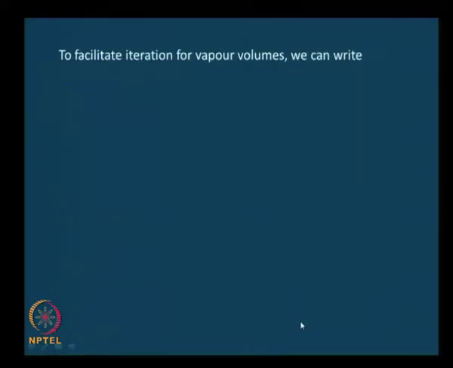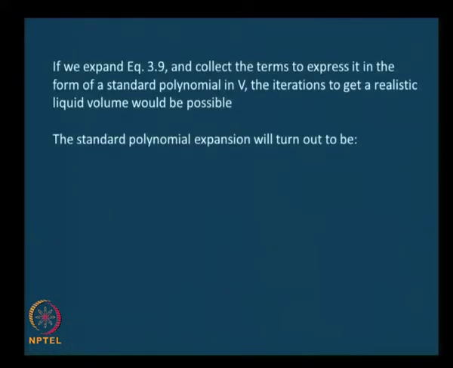If we do all that, we will get a polynomial expression in terms of V, and that polynomial expression would turn out to be, please do this exercise and convince yourself that this is indeed what you are getting, and also check whether there are any errors in this. You will get a V cubed term there, minus RT by P V squared